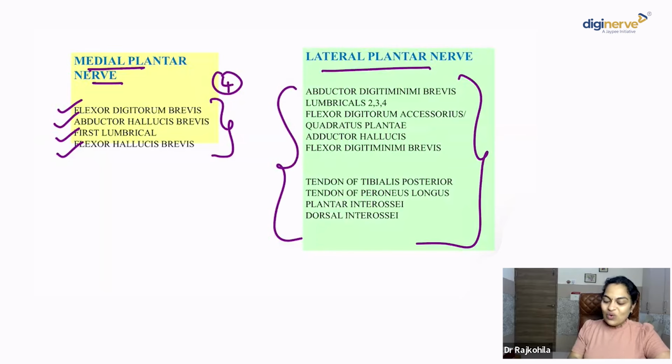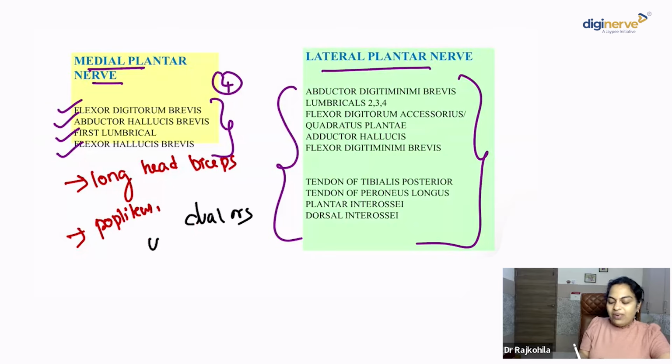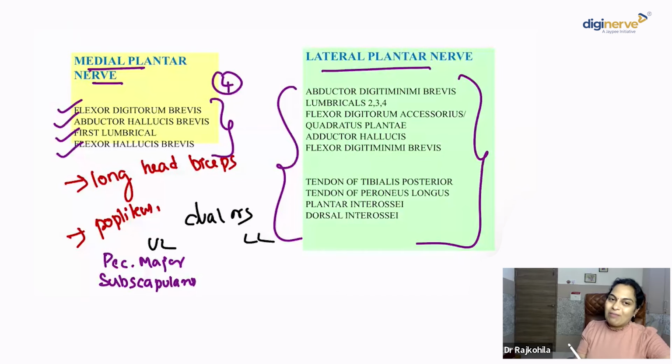Is that okay? So to summarize, yes, come on, let me see. What are the muscles which have an intracapsular origin? In the upper limb, it is the long head of biceps. And in the lower limb, it is popliteus. Do you remember any hybrid muscles with dual nerve supply in upper limb and lower limb? In the upper limb, yes, over the pectoral region, we saw the pectoralis major innervated by medial and lateral pectoral nerve. In the scapular region, the subscapularis is innervated by upper and lower subscapular nerve.